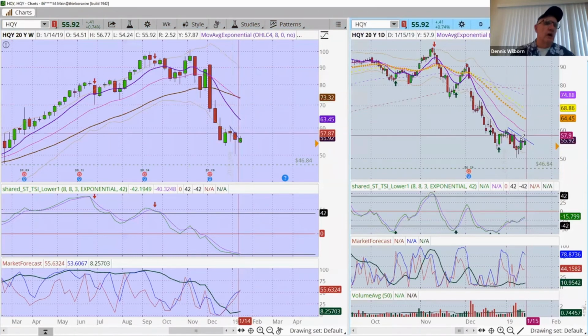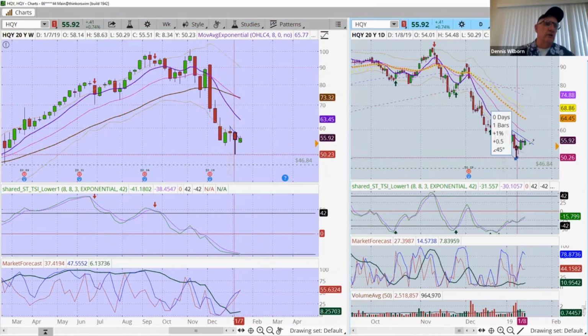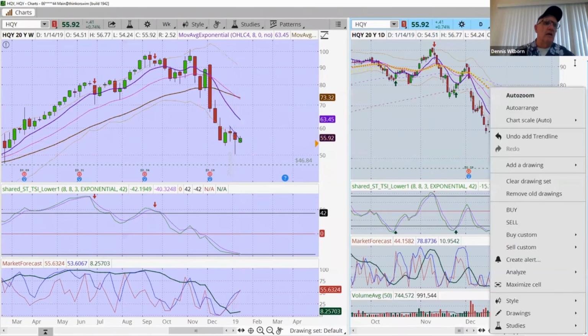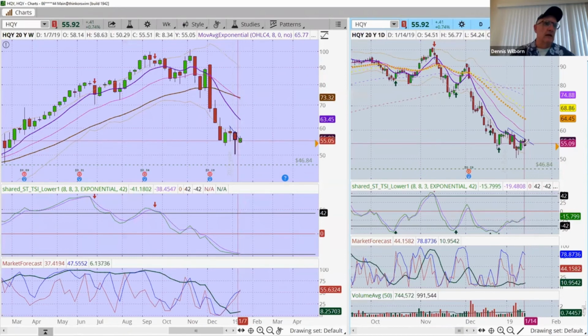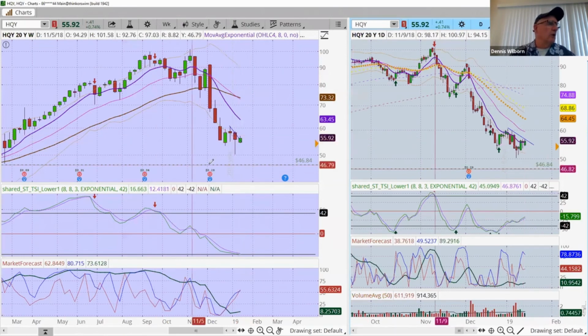What's my other option on that is I also have a nice little trend line coming up from the bottoms here, and I also have a level of support that is right at about 54, right there, 54.20 to 54.50. And that would be another, let's see, open, yeah, 54.51. And that would be another area to potentially get into a trade,